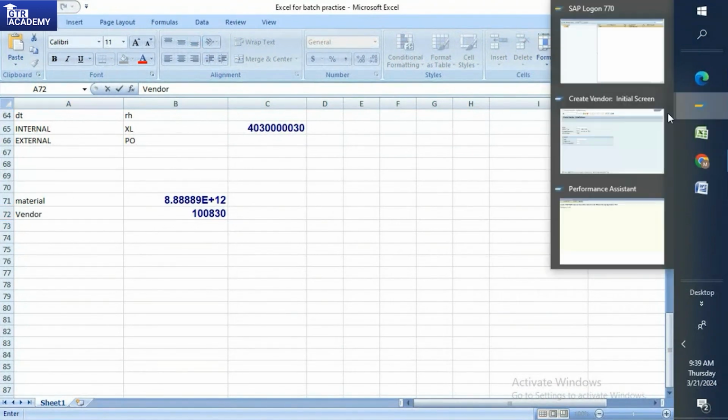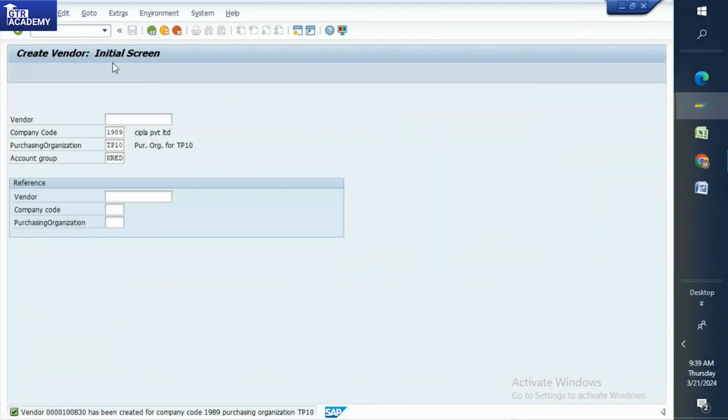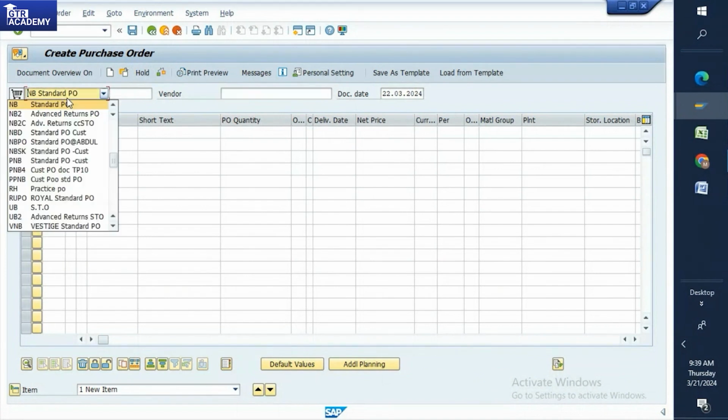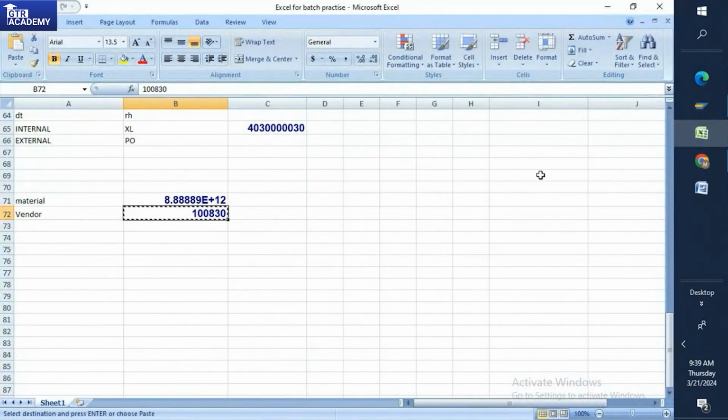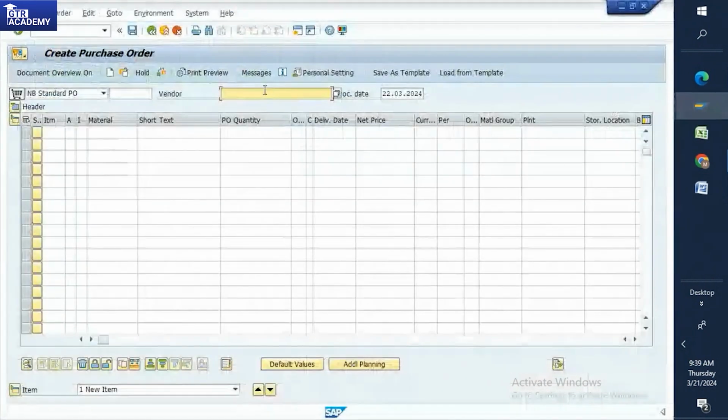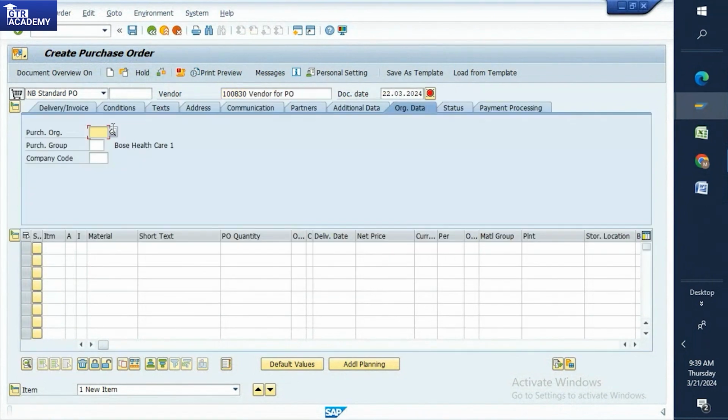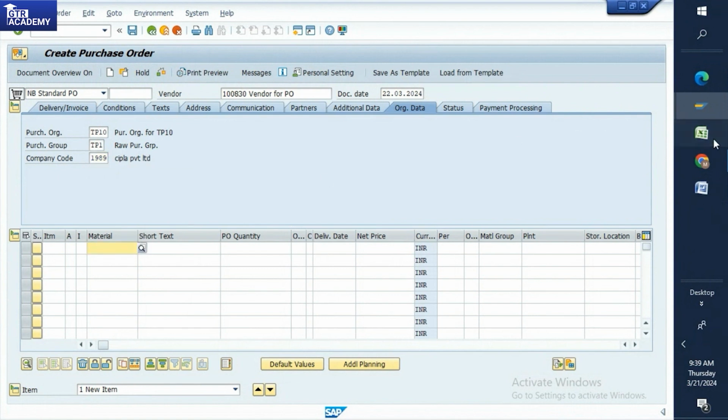Then now we will create the PO, okay? T code ME21N. See here, the document type I mentioned is standard, NB, okay? And the vendor, now we have created one vendor, so I'll take that vendor 100830. Just paste it here. You have to mention the purchase organization TP, then purchase group TP1, and the company code 1989, okay? And then under the material,